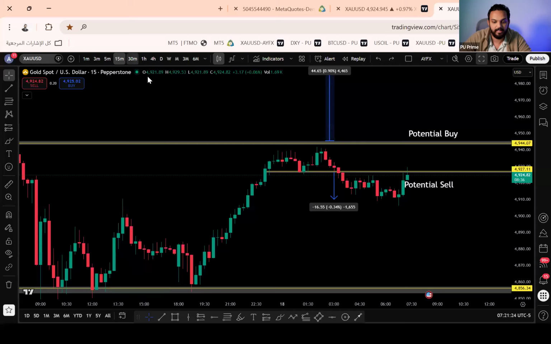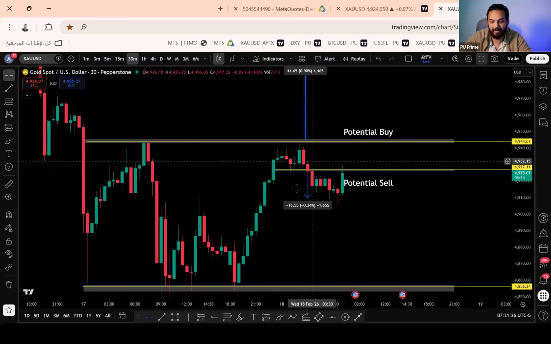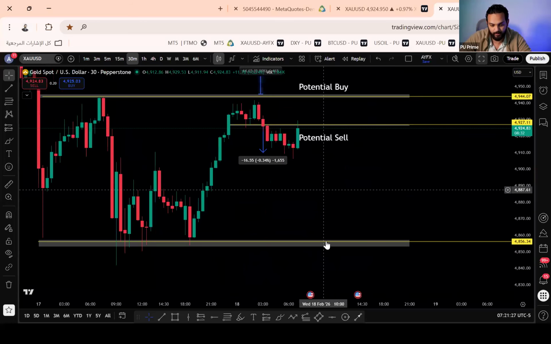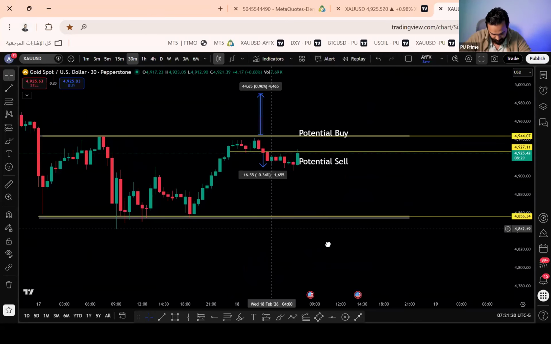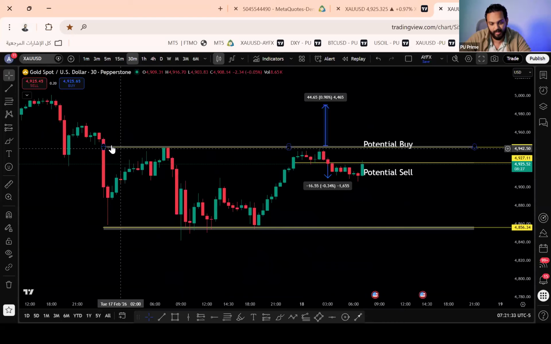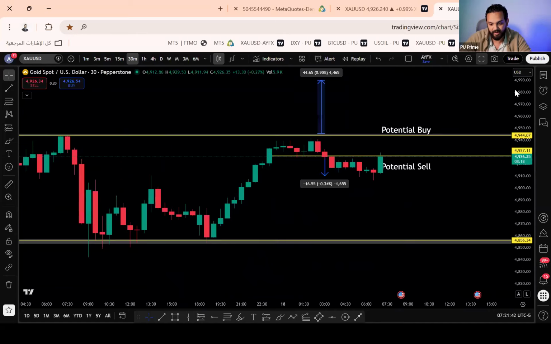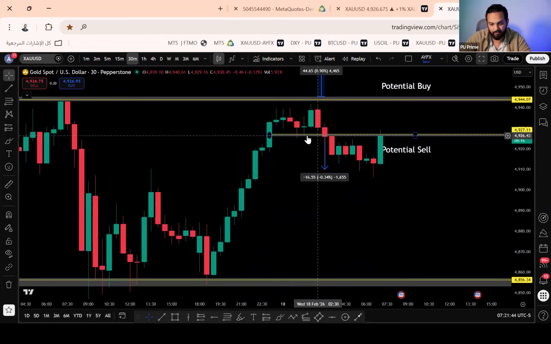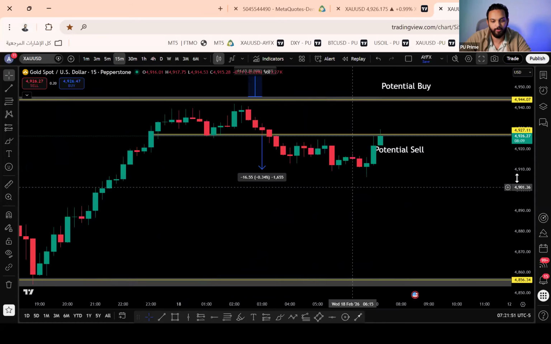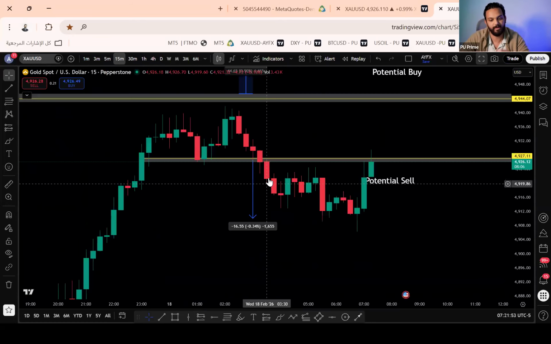So as you can see here, I was just planning my trade. I put these numbers, so this was my support zone. This was my resistance zone. And I said that if I see a candle close below this range, the price will continue to push down. In order to get more confirmation, I went to the lower time frame, which is 15 minutes. I saw this candle